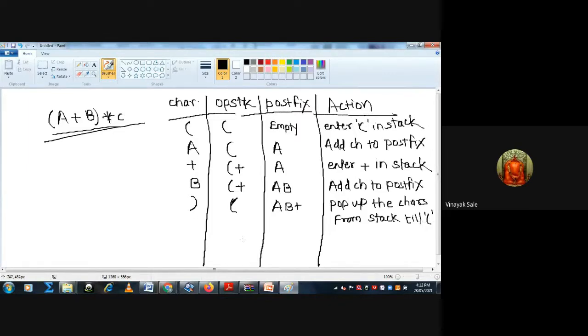Then the multiplication sign: in the operation stack, the multiplication sign, with postfix A B plus. The action is to enter the multiplication sign into the stack.